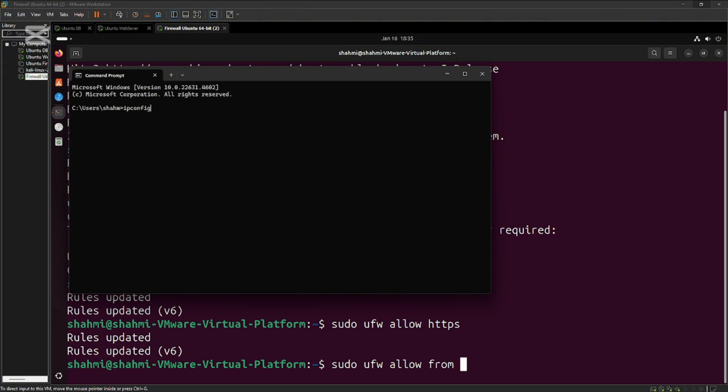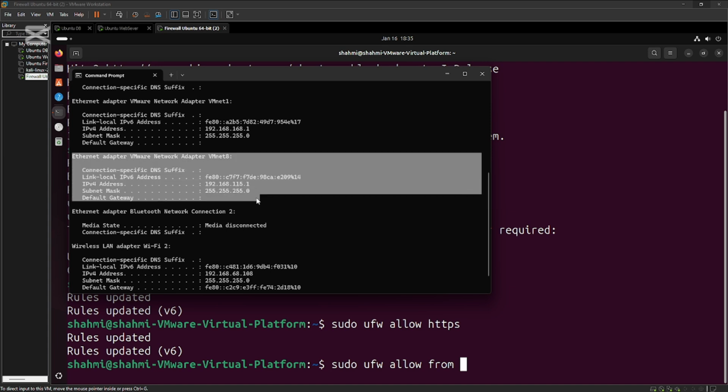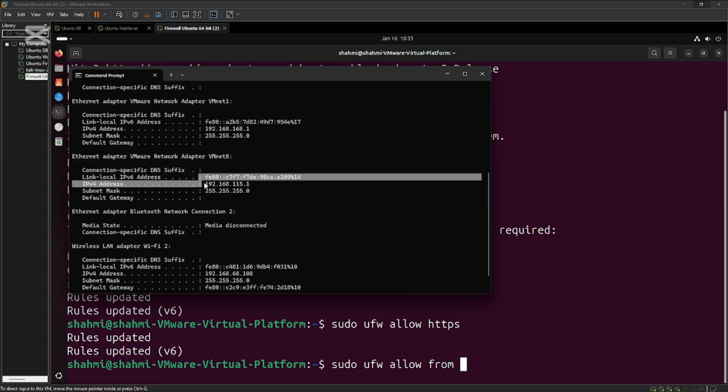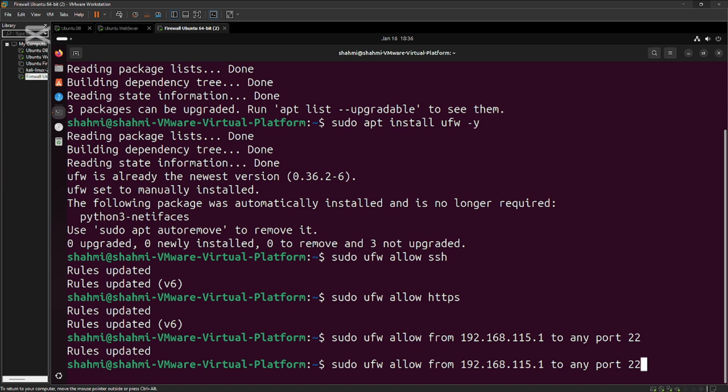ipconfig, and then we can search for Ethernet adapter VMnet 8. So the IPv4 address is 192.168.115.1, to any port 22. So this one is basically we are only allowing our Windows PC IP to connect with the SSH, and then do the same to port 443, which is